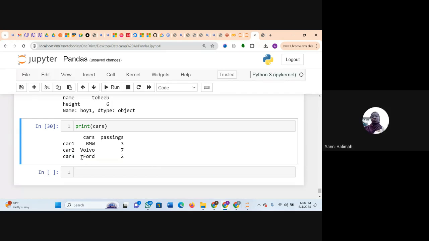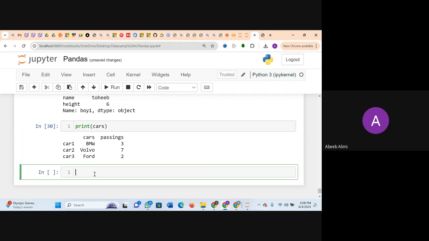Yes, because it starts with 0, 1, 2. That is default. So if someone says print me the last row, I have 2 options: either reference it with the index label, which is car 3 that I've defined, or use what comes by default, which is 2.